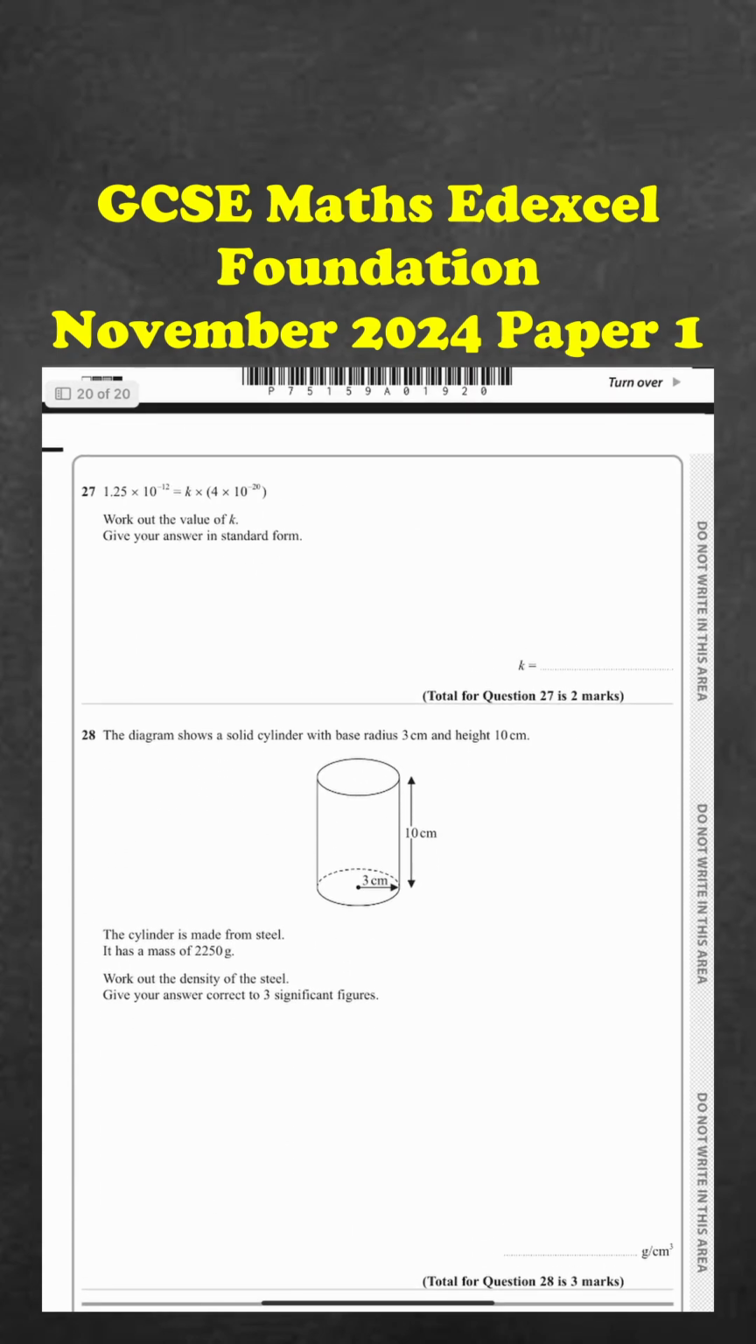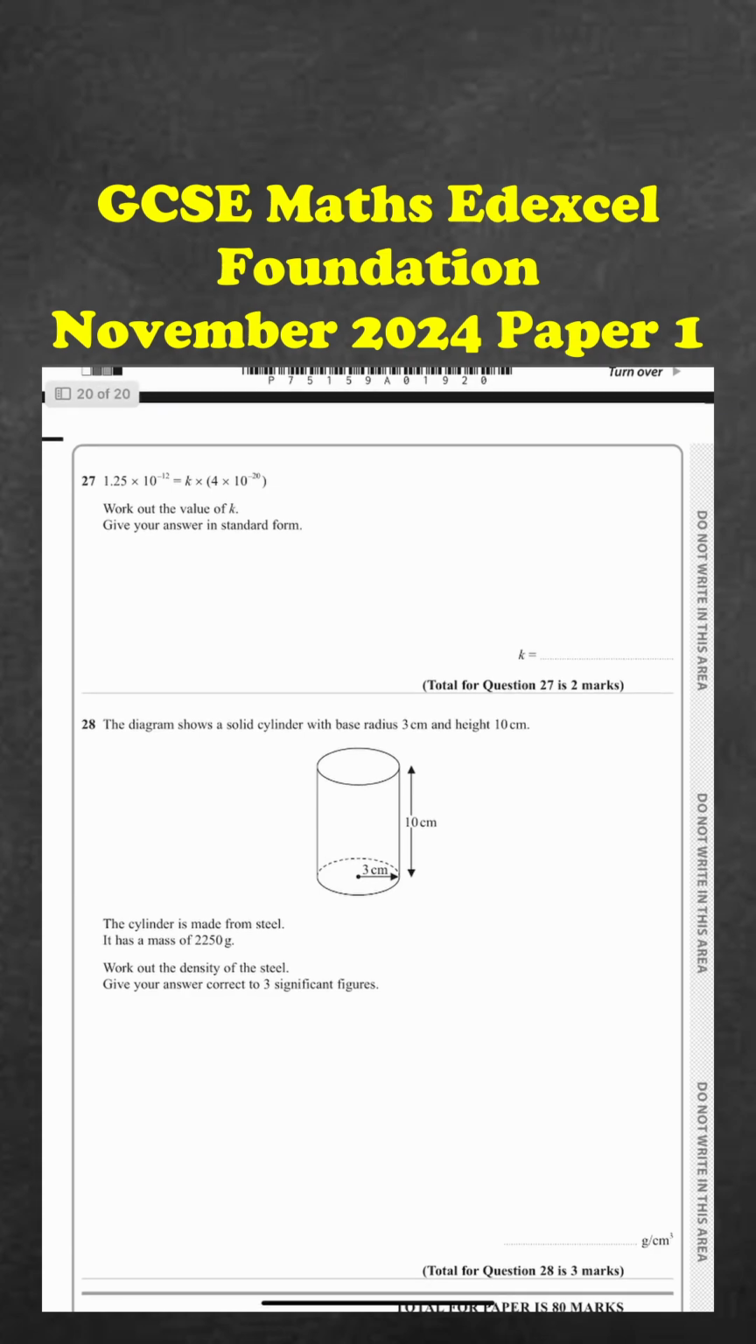Question 27. 1.25 times 10 to the minus 12 equals k times 4 times 10 to the minus 20. Work out the value of k, give your answer in standard form. I'm going to do this on my calculator. I'm just going to type in 1.25 times 10 to the power minus 12 divided by, open brackets, 4 times 10 to the power minus 20, close brackets. I get k equals